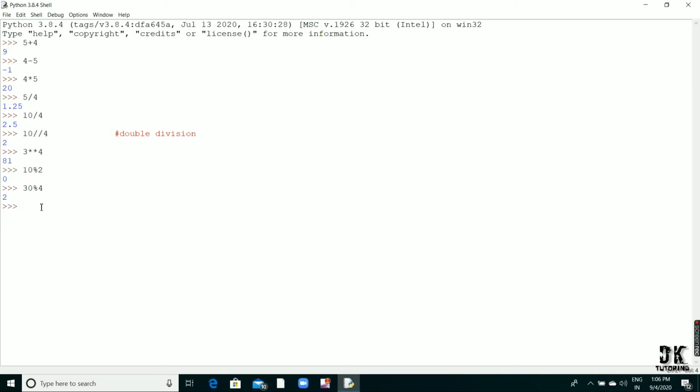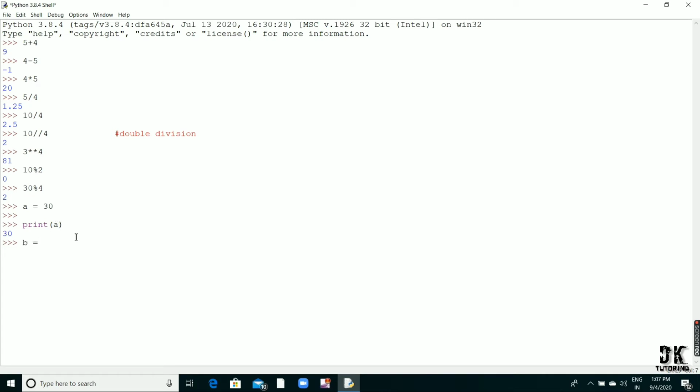Now you can declare this in a variable also, and you can do it. So how to declare? You can simply write here a is equals to 30. Okay, a is equals to 30. If I press enter, that means I am declaring a as 30. Okay, now if I write here print a, I want to print this a here. See, I am getting here 30.